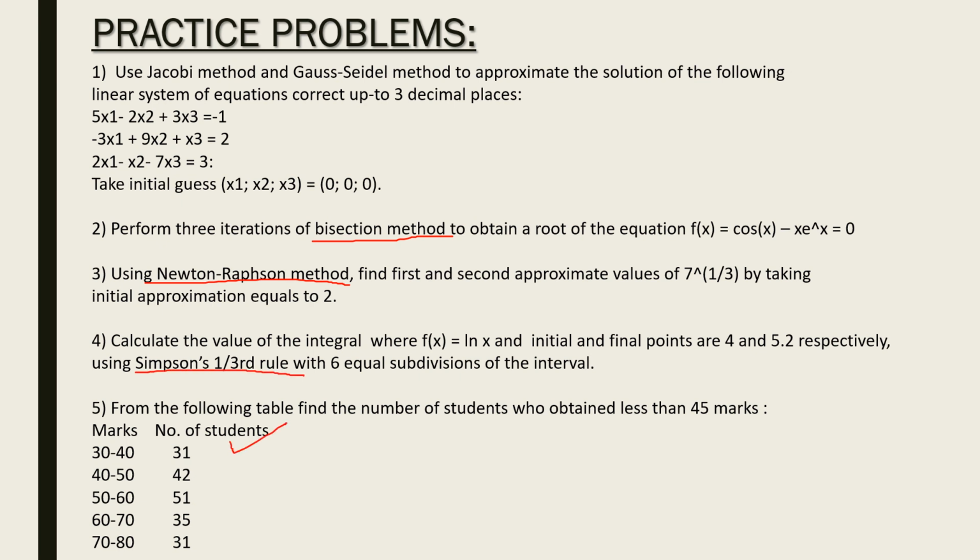And in this question, we are asked to obtain the value at 45. So 45 lies in the range of this. So what interpolation formula should we use: Lagrange, Newton forward or Newton backward? See, 45 lies in the range of this, and it is near the top of the table. So we should use the Newton forward interpolation formula. So in this way, using the Newton forward interpolation formula, you will get the desired polynomial.